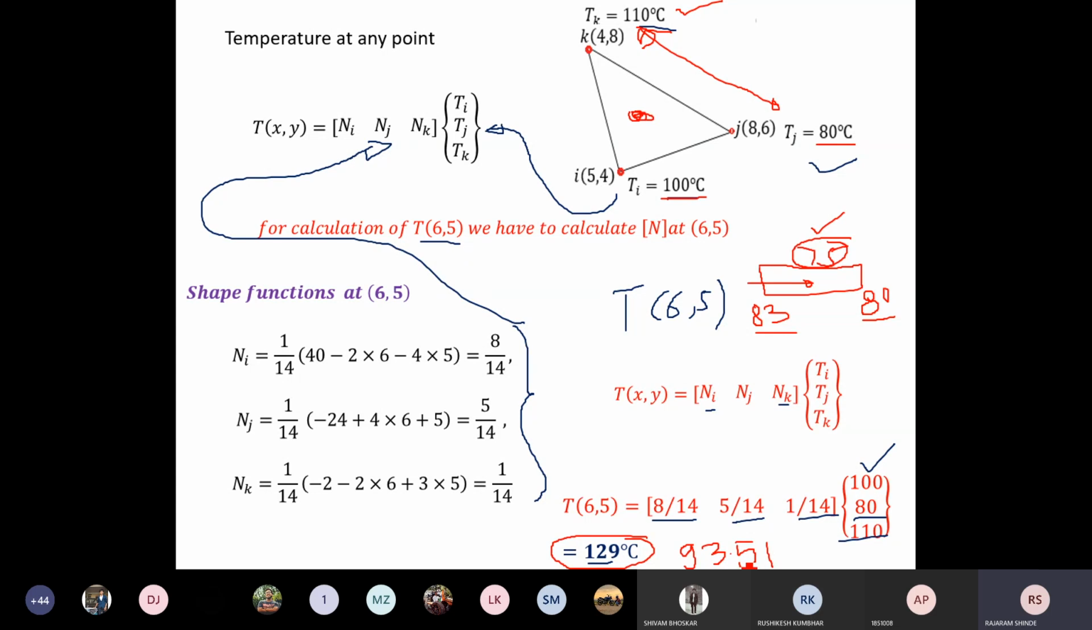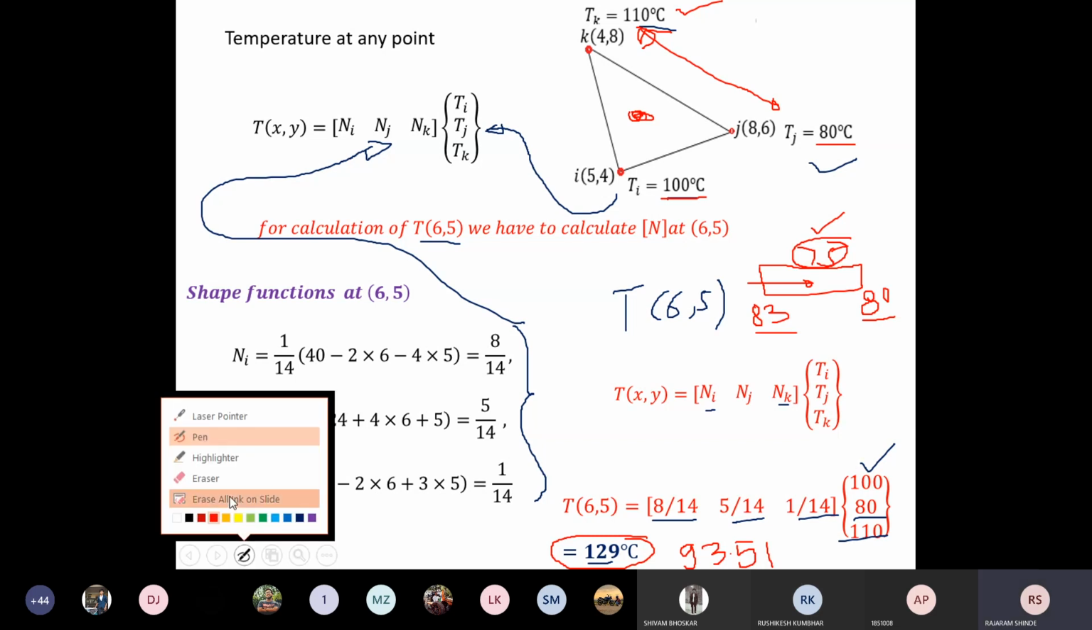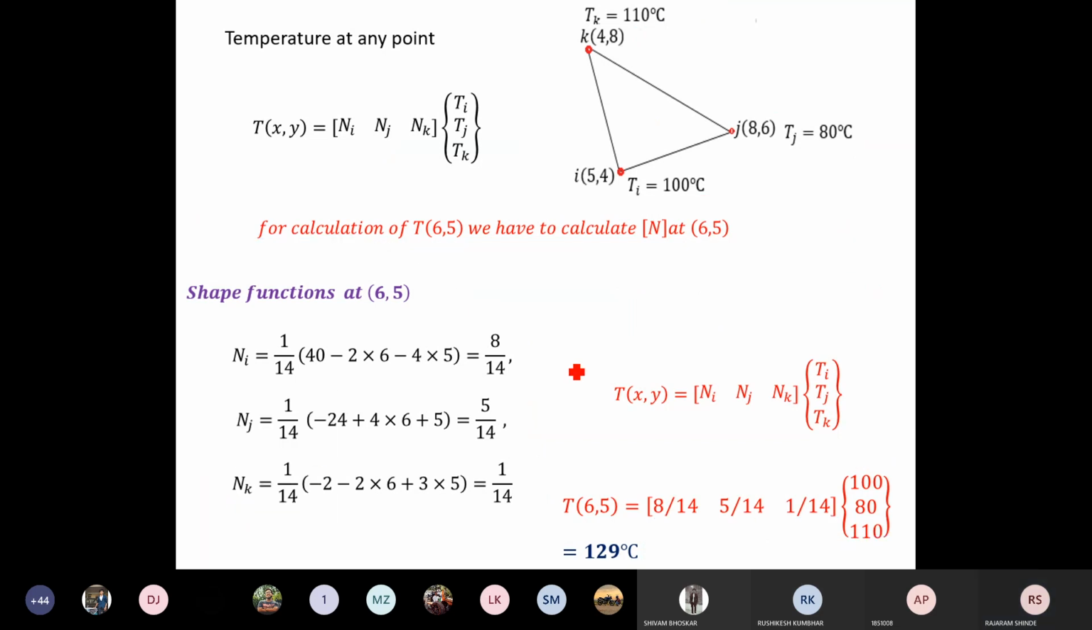Okay, now this is the temperature at P, 65. Now the next thing we have to calculate is the heat flux. Now see here, heat flux is a vector quantity because in the case of one dimensional we are considering the heat flow only in one direction, but